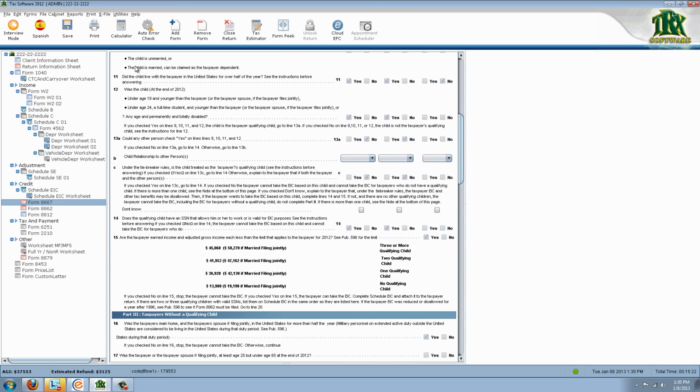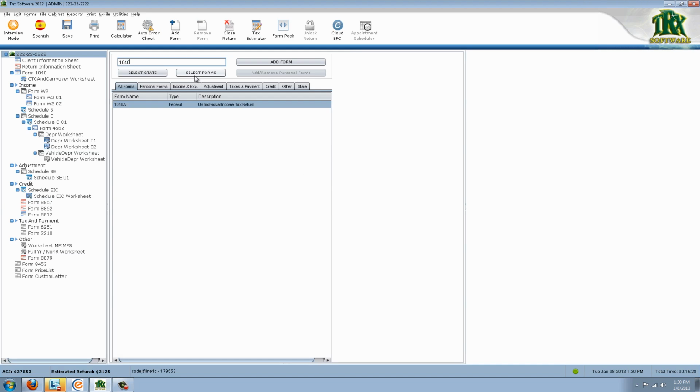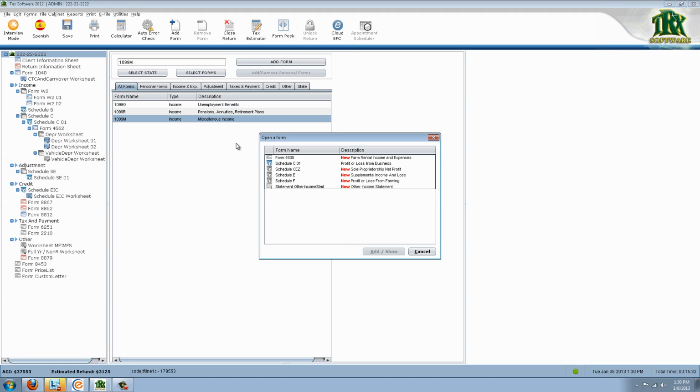The 1099 miscellaneous, okay. We can add it by pressing the Add Form button and typing 1099. So when we go to add the 1099 miscellaneous, it asks us where we want it to go. In this case, let's say it's going to go to line 21 of the 1040, other income. So it's going to ask us if we want to link this 1099 miscellaneous to the other income statement worksheet. So if we double click here,